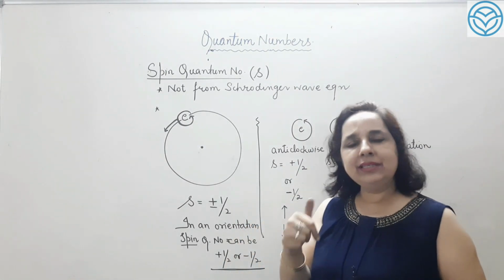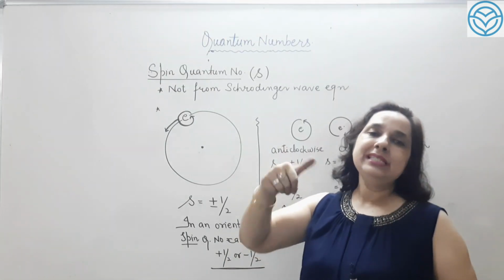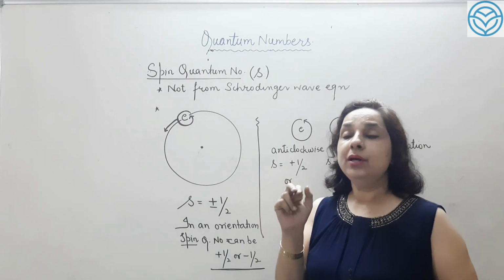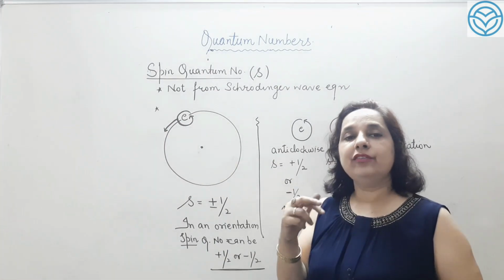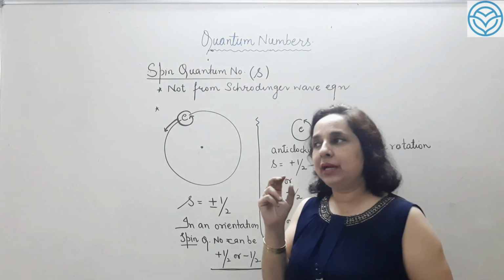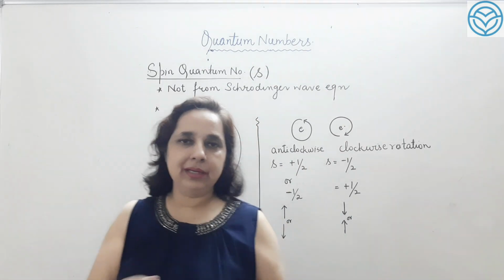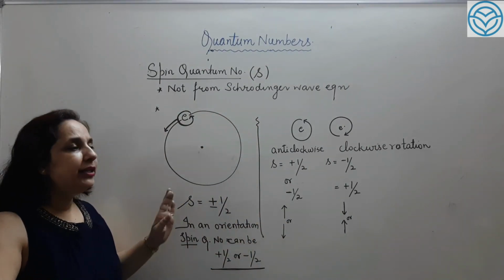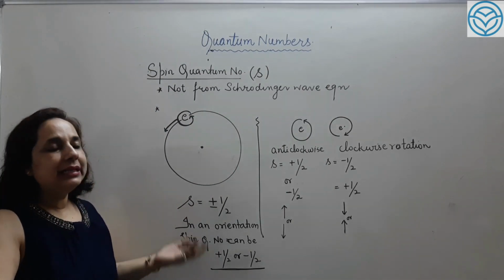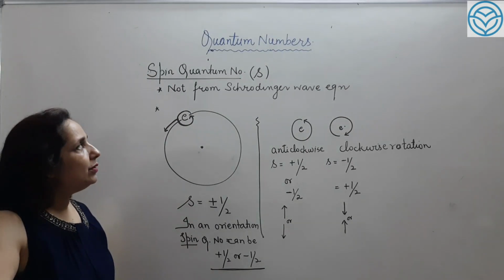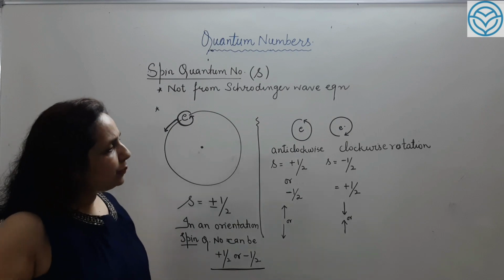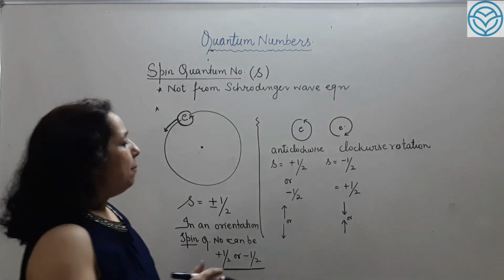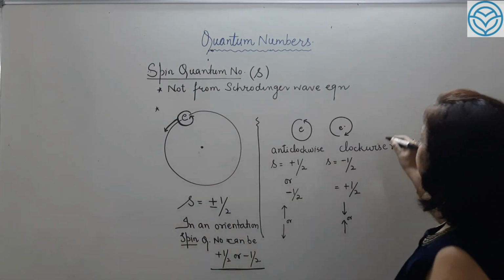If one electron is having upward magnetic moment, other must have the downward magnetic moment, only then they can stay together on the same orientation level. Otherwise there will be repulsive interactions, atom will become unstable, electron will become unstable. Thus we can say that spin quantum number in an orientation can have only 2 spins, one has plus half, the other is minus half. That is called our spin quantum number, and magnetic properties of an element can be explained by spin quantum number.